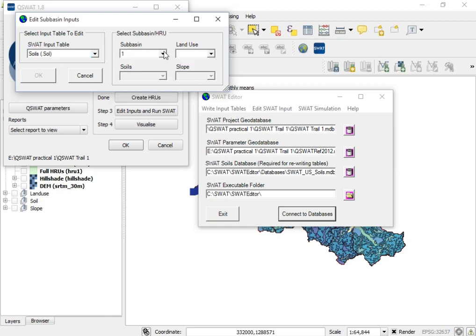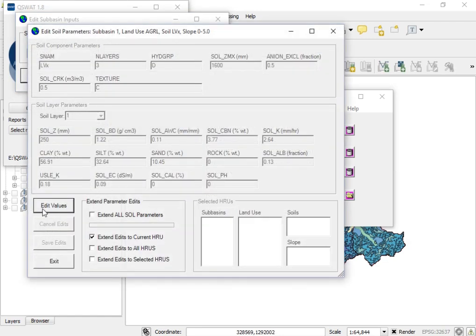When you select one of the sub-basins, one of the land uses, and one of the soils, that is possible. Okay, and if you see the soil parameters here, the soil type is this one, the number of layers is 3, the hydraulic group is this much, and the like. Therefore, you should work on, for instance,